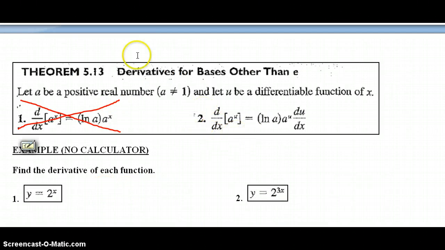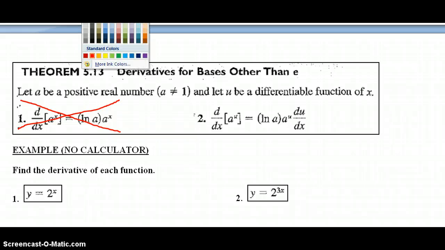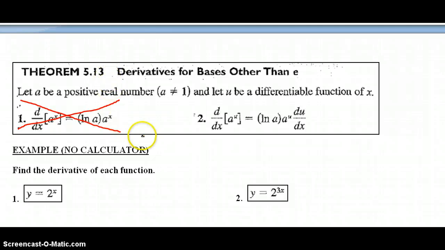Let's just say that I wanted to take the derivative with respect to x of e to the u power. Our rule that we've used is that this is equal to e to the u power times